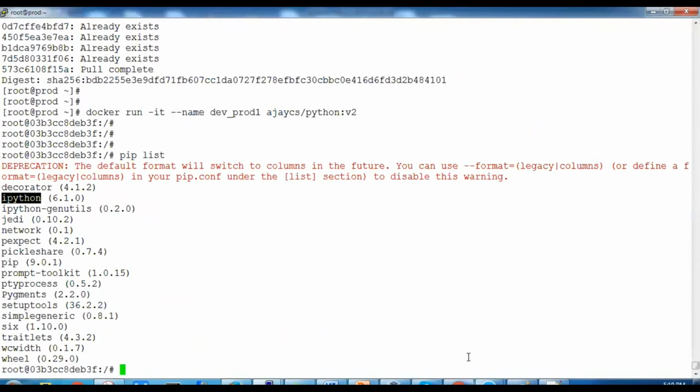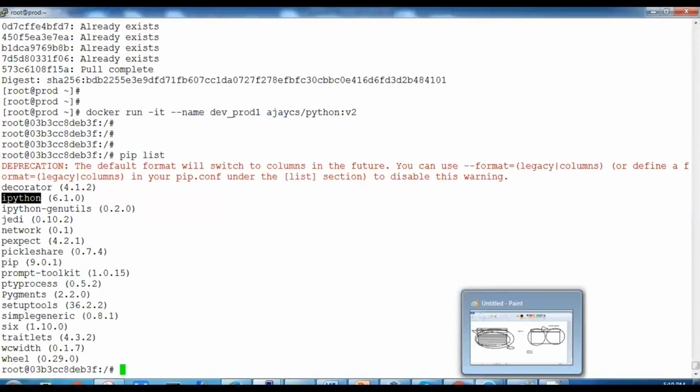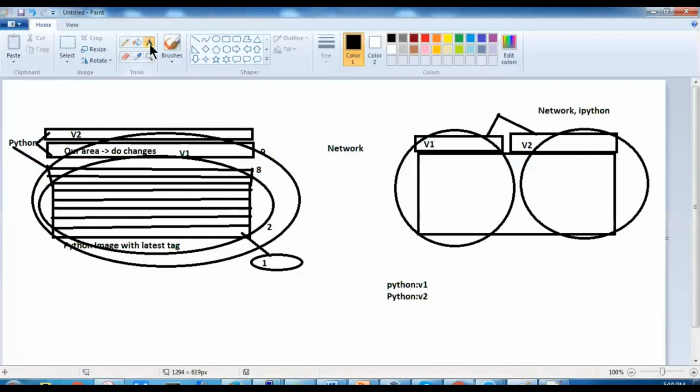All right. So anytime you can play with these images. If you remove, let's say for example, one layer, this one, what will happen? You will not get this layer over there. So you will get the benefit of having IPython in the v2, but you will not get the v1.